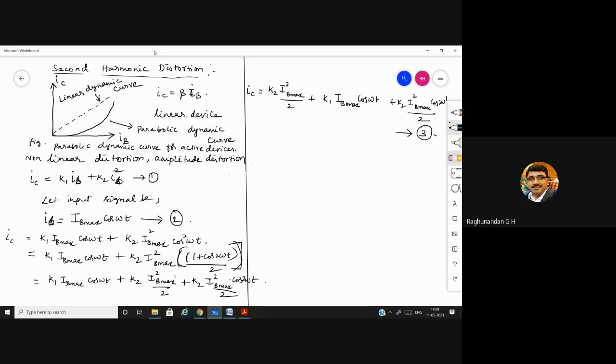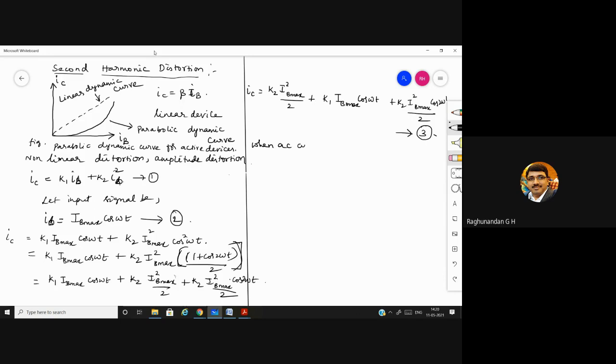When you superimpose the quiescent collector current and AC current, you get the mixture of AC and DC. That current is known as instantaneous current. And we have already discussed how to represent the instantaneous current, AC current, DC current and all. Based on that, now when